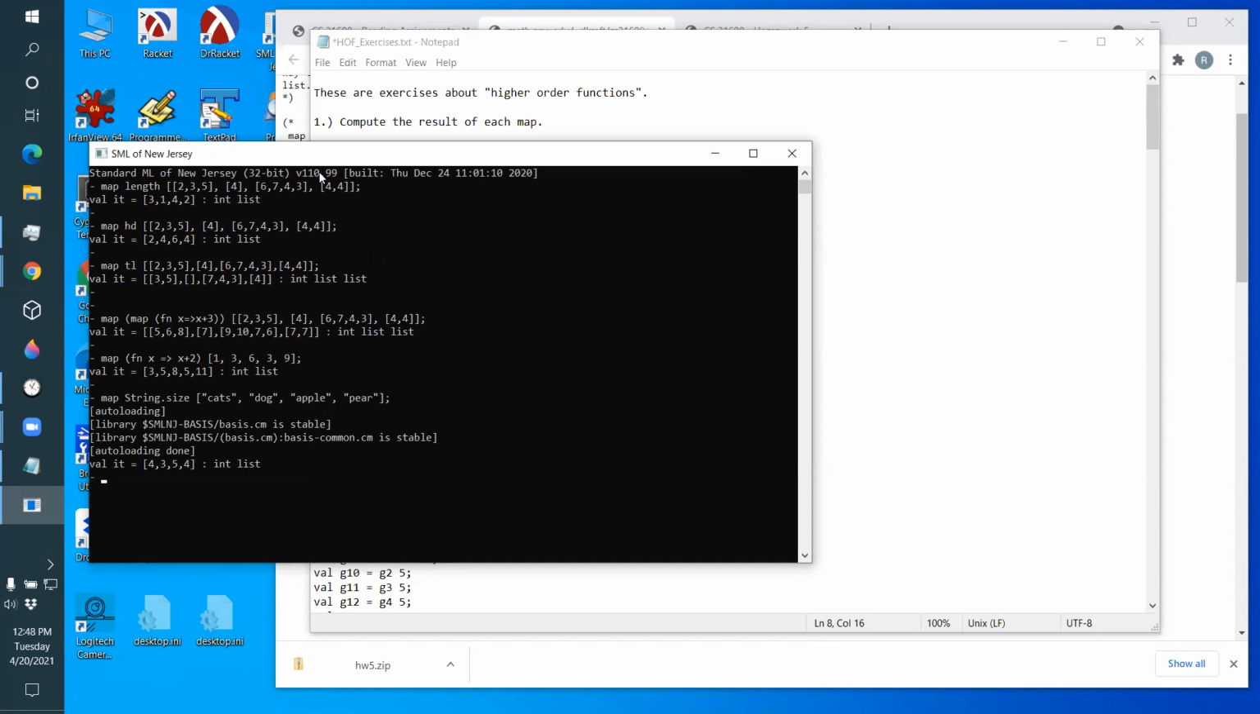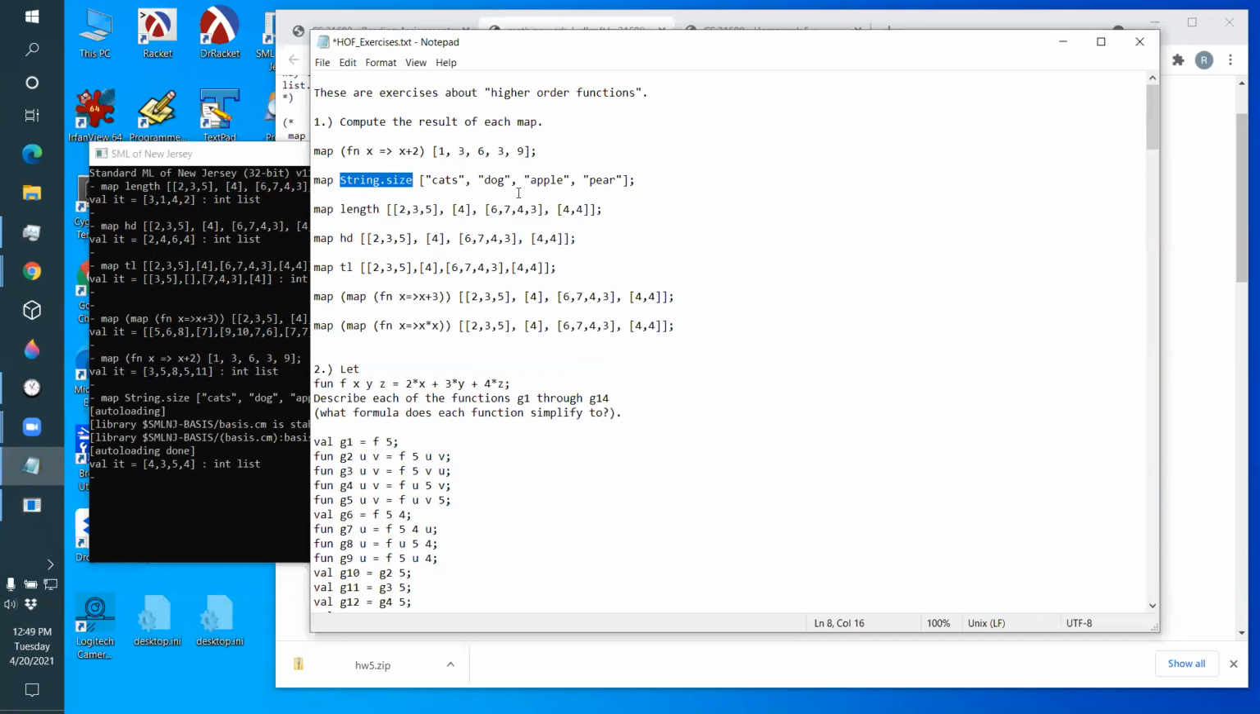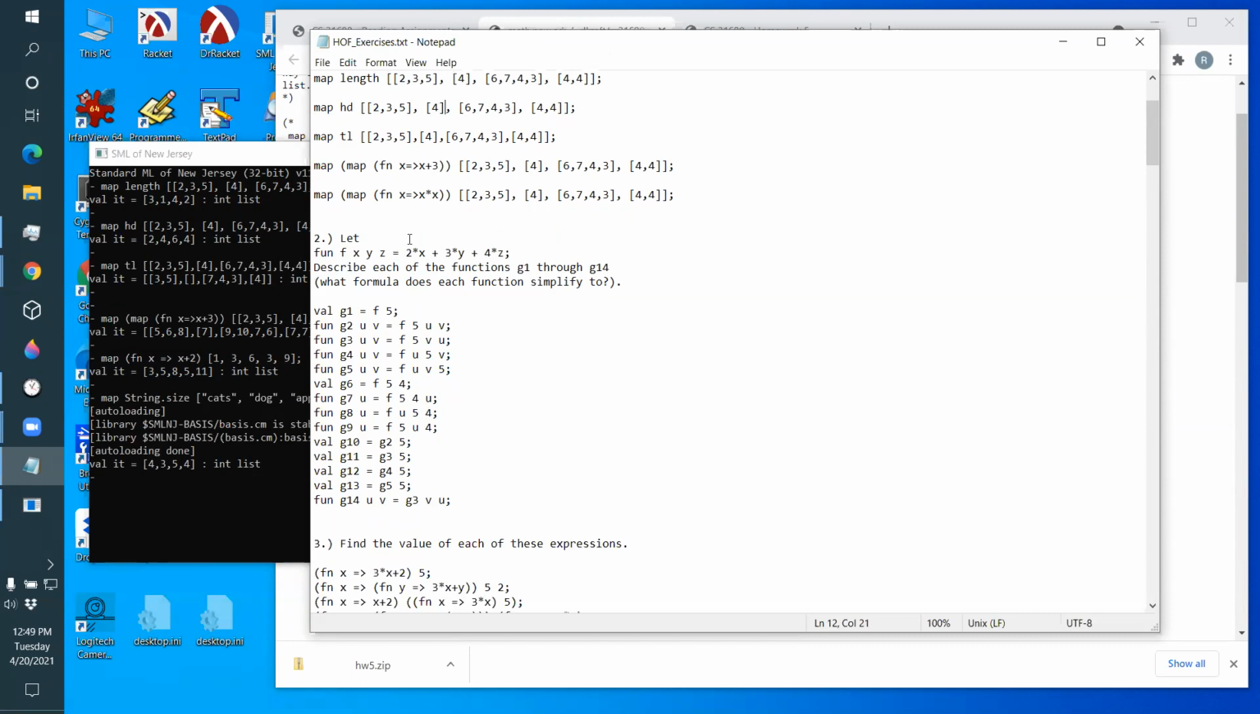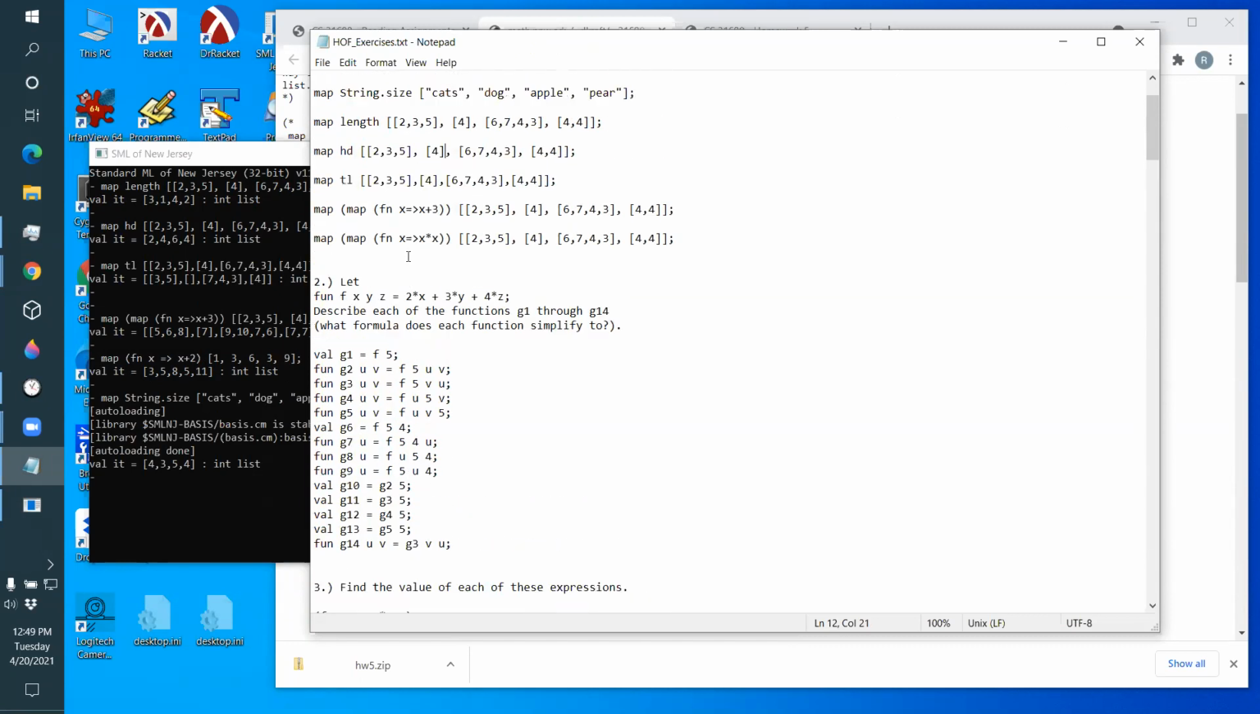Oops, what did I do wrong? Oh, that wasn't an error message. That's the auto loading. Then after it's done the auto loading, the result was 4, 3, 5, 4. The lengths. Okay, so there's some simple examples. Okay, all right. So those are map. Map is a pretty straightforward one. Okay. Now here's